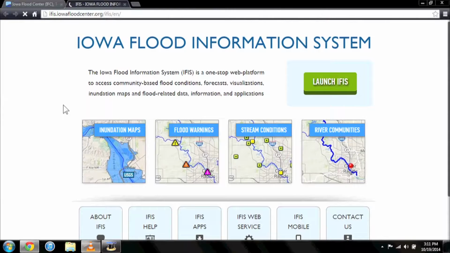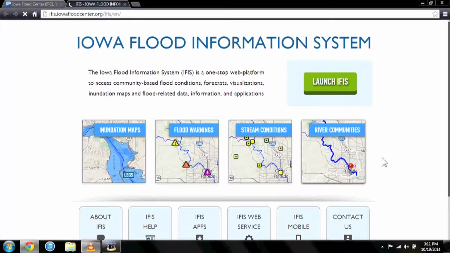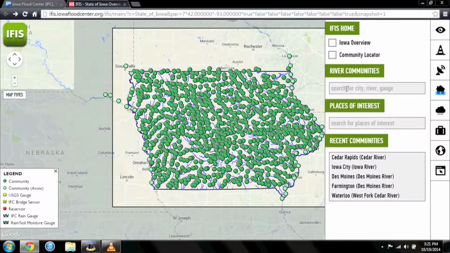Highlighted on the IFIS launch page are 4 of the Iowa Flood Information System's most frequented features: inundation maps, flood warnings, stream conditions, and river communities. To see conditions in your area, click the 4th icon, River Communities. This tool allows you to zoom in on your specific location or search for it in the IFIS home menu